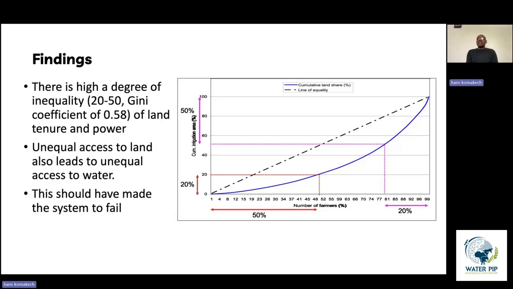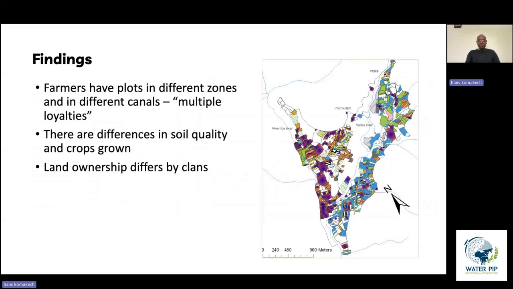And in that respect, we could say the system should fail to function effectively. But our surprise is that they continue to be operational. So based on the data that we now have, it is possible to explore what other relations or things could actually be contributing to this system continuing to function.